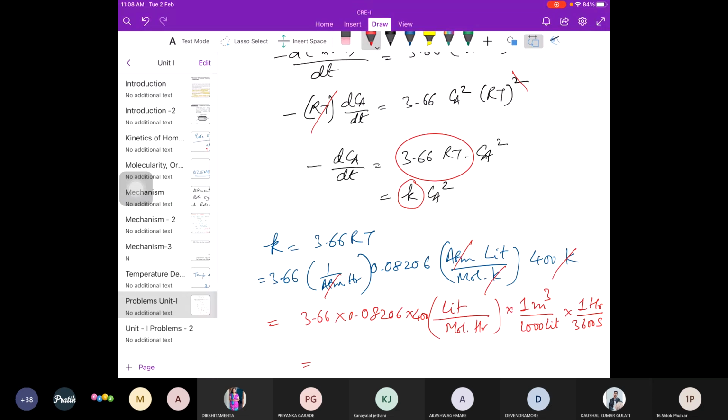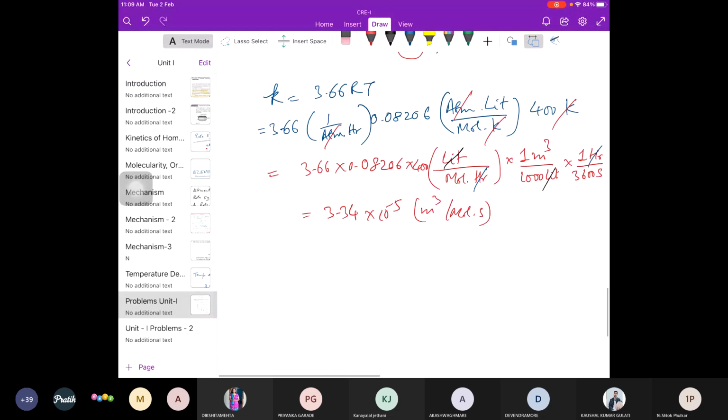If you calculate this, what you should get is... Okay, so the rate equation we'll get is essentially